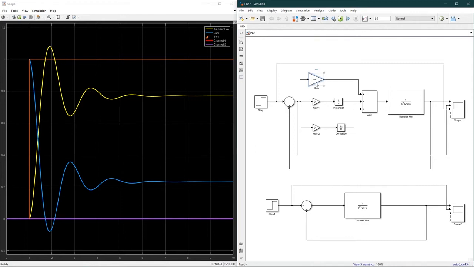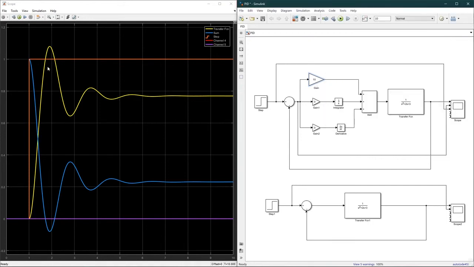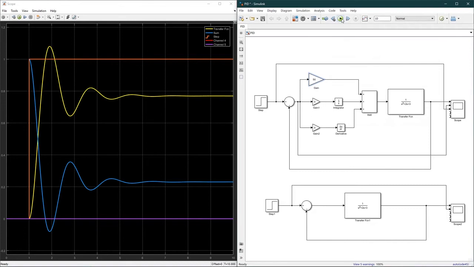If you want to see a clear picture, I will increase Kp to more than 10. The rise time now is only around 2 or 1, and if I increase this to 50,